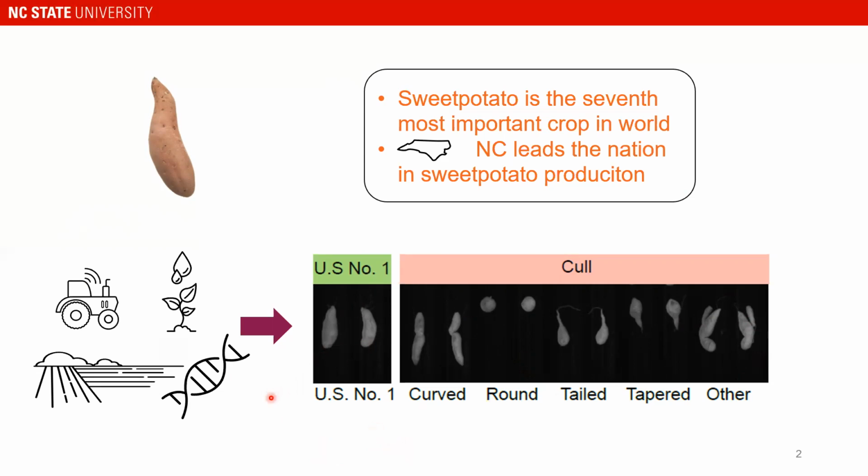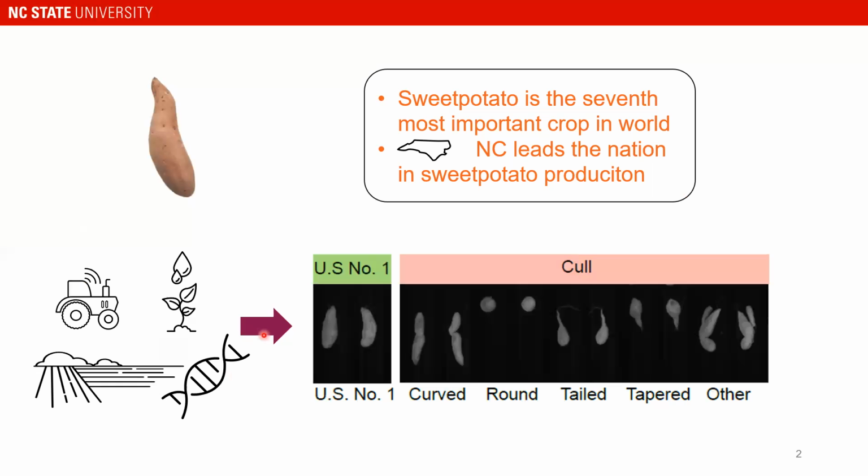In this project, we are trying to identify different factors such as weather, soil type, genetic properties, and cultural practices that determine sweet potato shape. Through data analytics, we can identify robust sweet potato cultivars and provide recommendation to farmers for better practices to produce